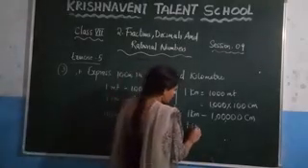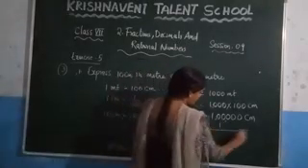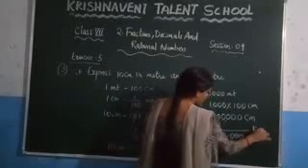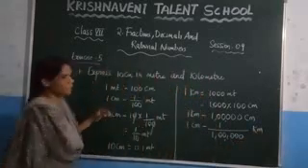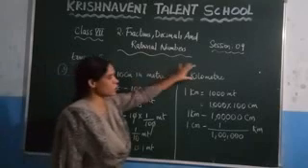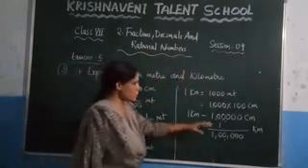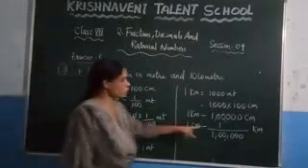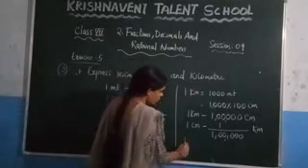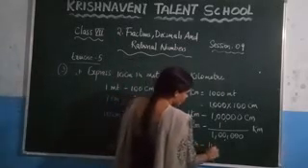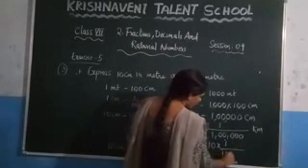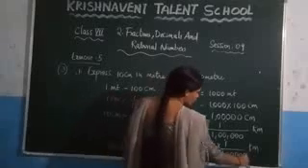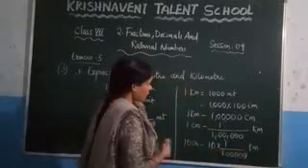Since we need to know 1 centimeter, how do you write? Just write the reciprocal of this number, which is in kilometers. Now we have made the relation between centimeters and kilometers, and we got here 1 centimeter is equal to 1 by 1 lakh kilometers. Now what is the value of 10 centimeters? Just multiply these two values. So 10 centimeters is nothing but 10 into 1 by 1 lakh, 5 zeros, kilometers. Here this zero and one zero will get cancelled, and what is left out here?